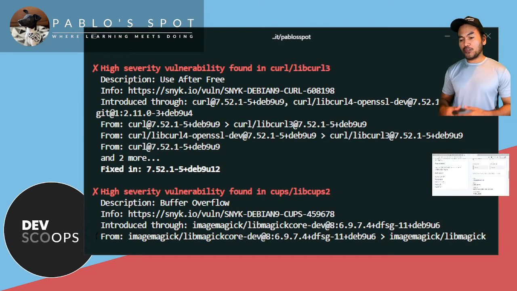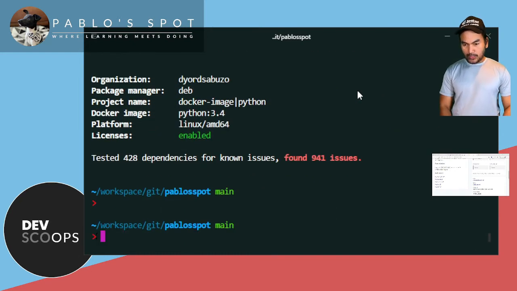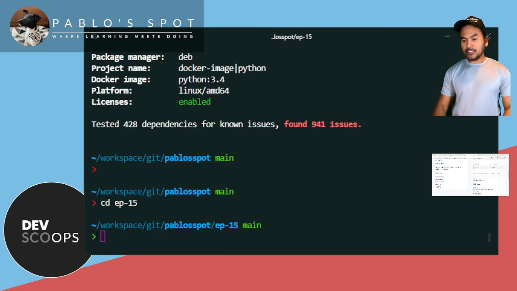I want to perform a scan on the worker service that I built from episode 15. And I'll also show you a different approach to running the scan. So if I cd to episode 15, first thing I would do is run Docker Compose to build my images and also start the containers. So I'll run